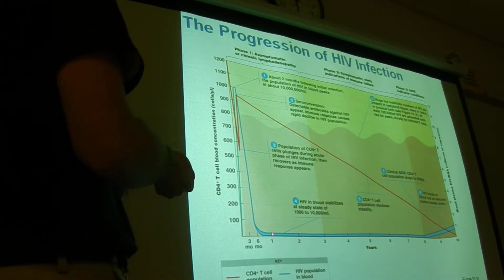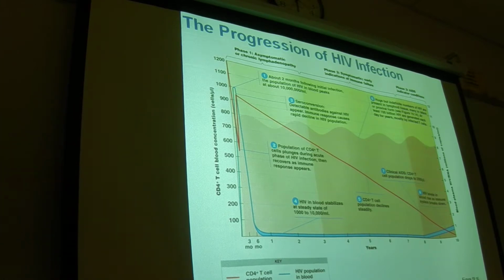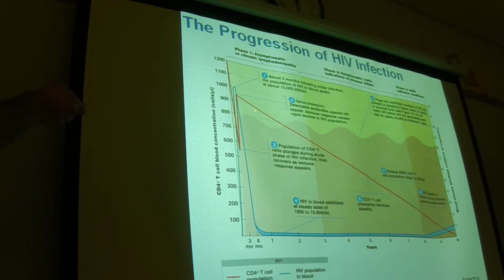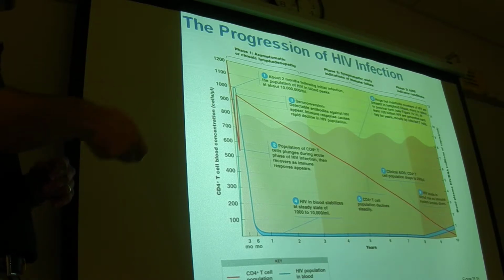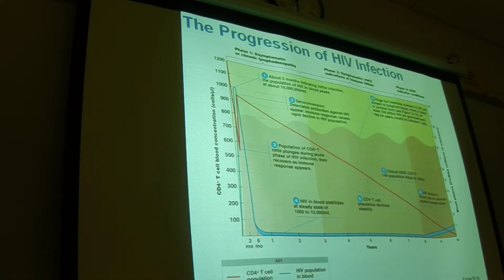And basically what's happening is it's just replicating at a very low level, and the immune system's trying to fight it off, but as it's replicating, it's killing cells of the immune system every time it's replicating. And so your CD4 T cell counts start to go down, down, down slowly. And again, once they reach the point of under 200, it's a critical level where your immune system is basically completely shot. Because again, you need the CD4 T cells to help activate B cells and to help activate the CD8 T cells.